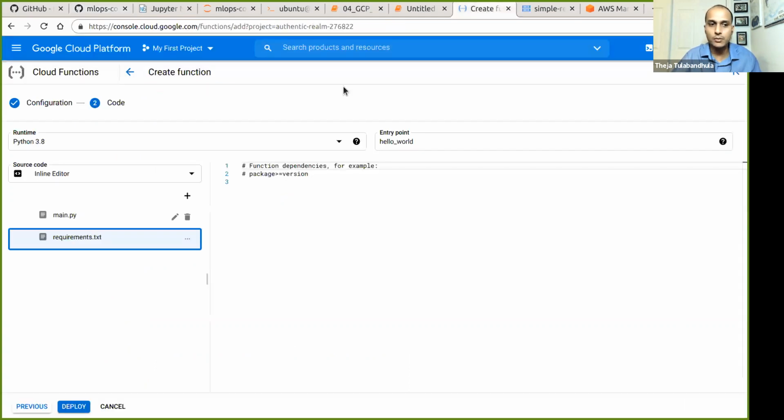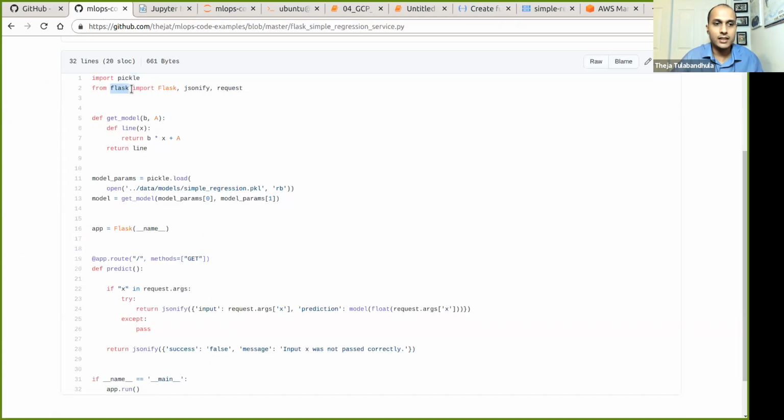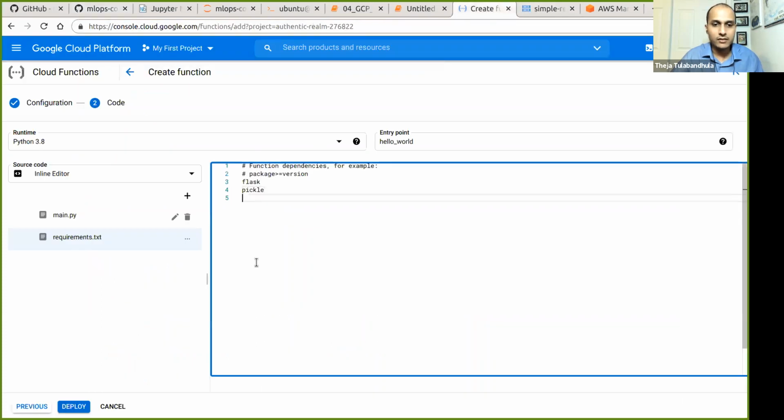So if I can just go back here and say requirements, I just need Flask. Generally, you also specify a version number, but for simplicity, it will not matter for us. But the right way to do it is to also suggest a version number here. Okay, Flask, and we'll need pickle. So these are the only two things needed, as you can see, to serve our model. And that's good. So one file we do have.